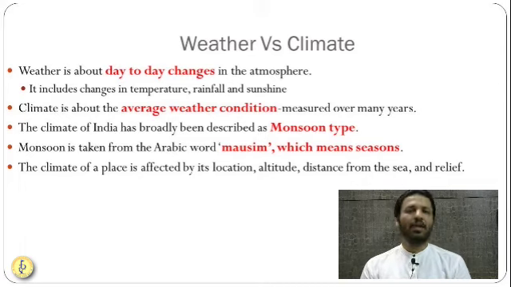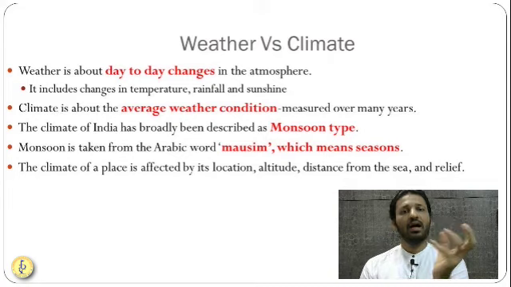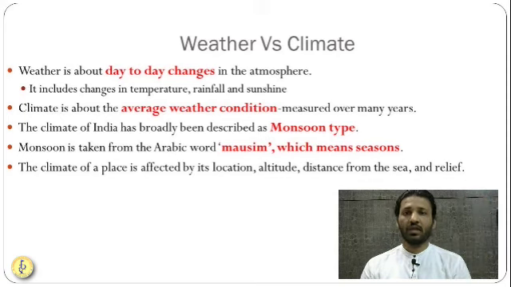Even a place like Hyderabad, where our institute is, you'll see that weather conditions in Hyderabad are the same over the years. Average weather conditions are the same in a particular season. So this average weather condition for 30 to 40 years in Hyderabad, we will call a climate. Now let us understand, in case of India, when we say climate.